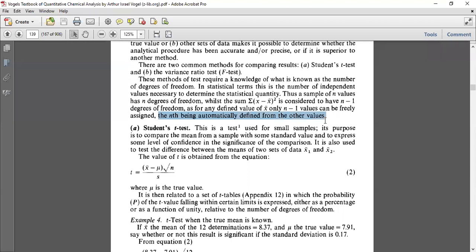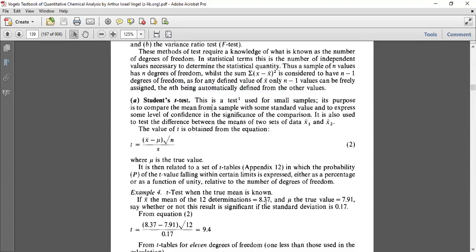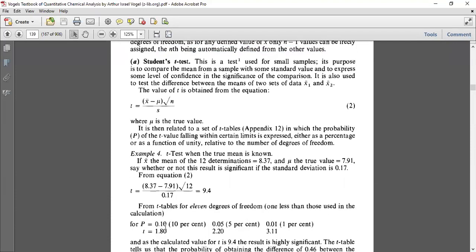So this value can be defined if you refer to that appendix, na? At that time you can get this information, maybe on what basis they have given. These statistical tables are defined ones and the standard one, means all the values are fixed. Now we have not written this value: for 0.10 or 10% probability, for 11 degrees of freedom, it is 1.80. They have validated it through the statistical parameters.